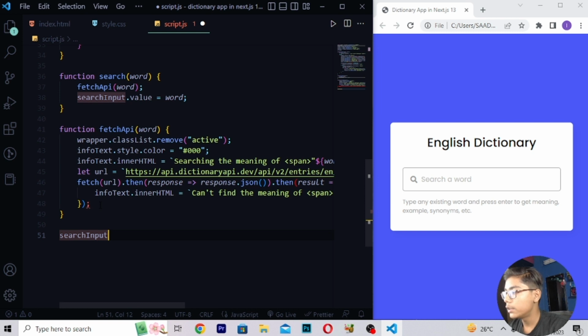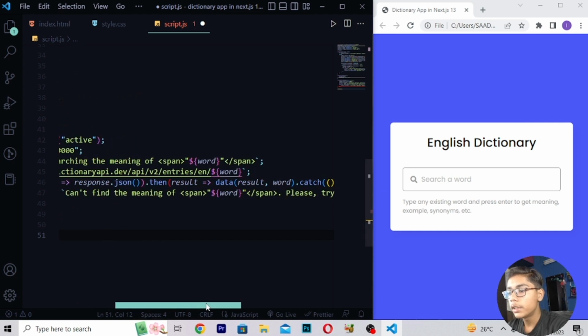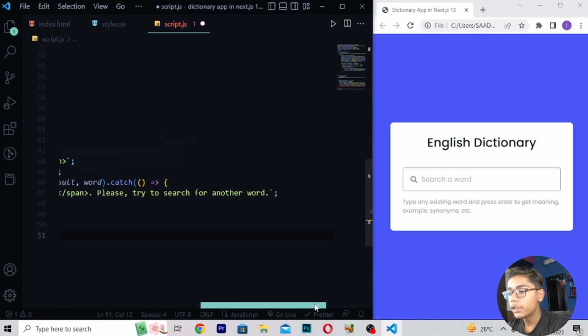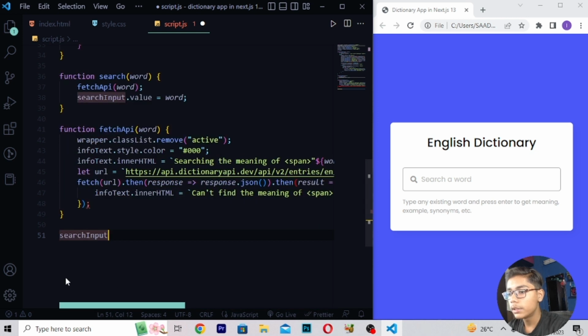Now after writing this, here I will be moving at the back again, so here you have to just do like this. Now when you've written this thing, here I will be moving at the front, and if I move at the front, you can see we are getting all this stuff here.